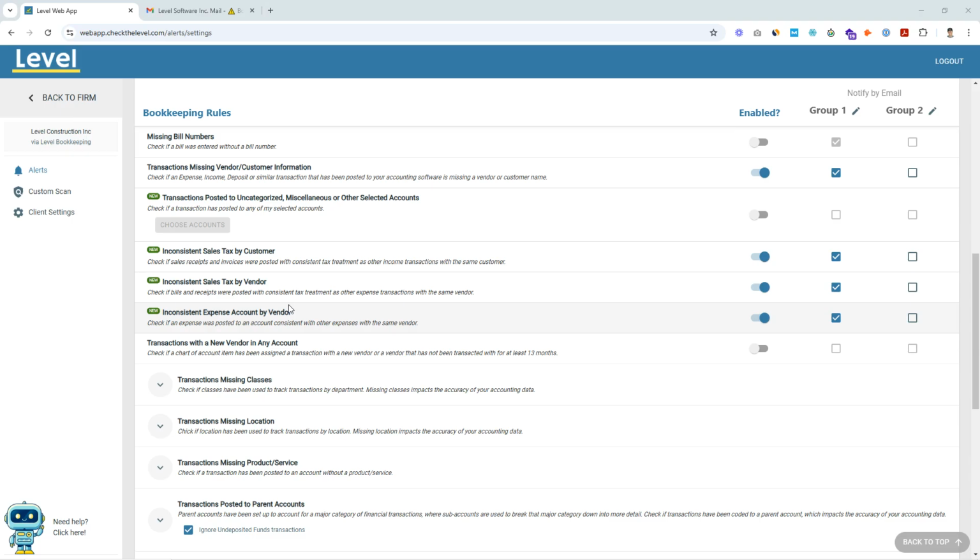All right. So in terms of what I'm going to be covering in this demonstration, there's 2 main aspects. I'm going to be running through the custom scan tool, how to perform a custom scan with these 3 rules. And then on top of that, I'm also going to run through a quick bookkeeping alert. So an email that was generated notifying me of inconsistent sales taxes as well as inconsistent expense account coding by